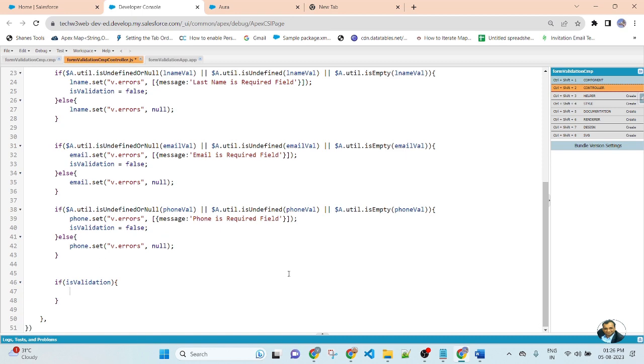So here I will display a toast message. Variable toast equal to $A.get, e.force:showToast.